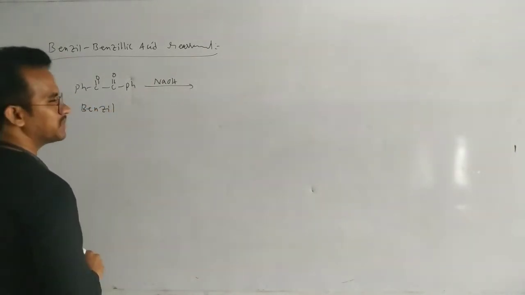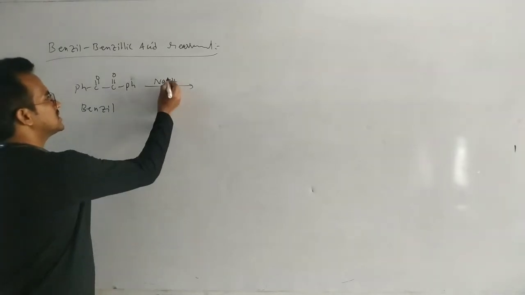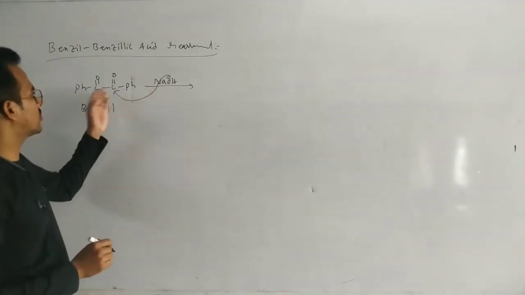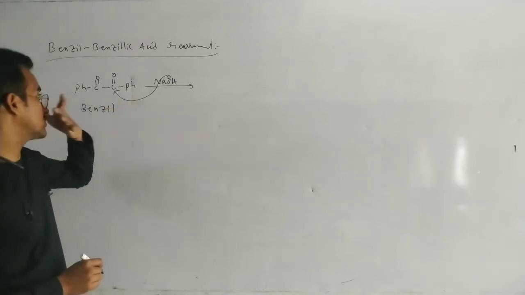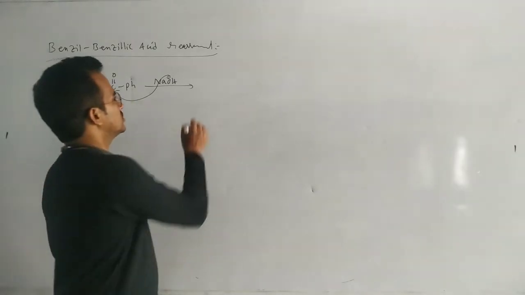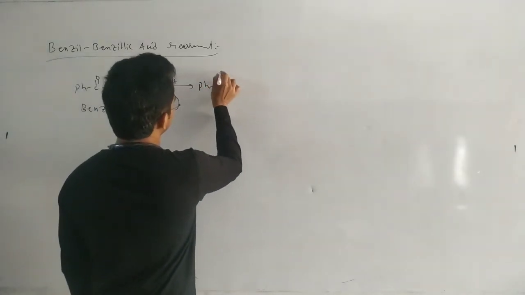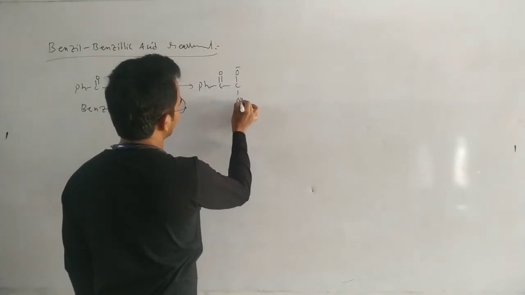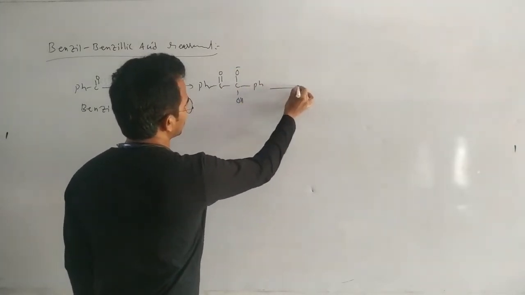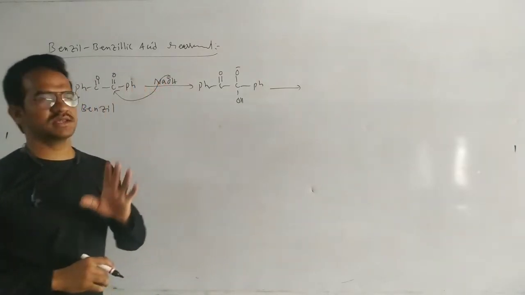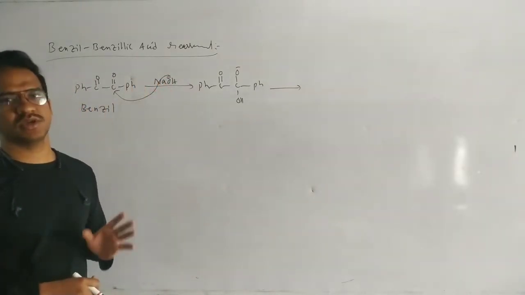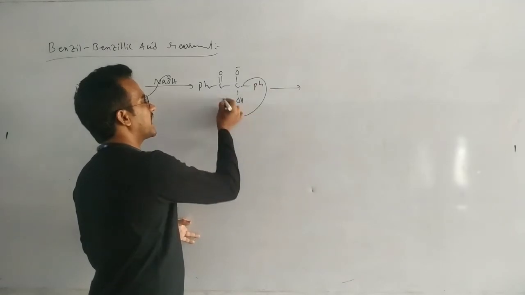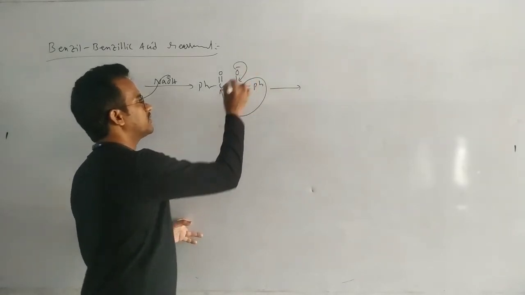This is a diketone. In the presence of NaOH, this OH minus attacks on the carbon. Here there is no alpha proton, of course, so it attacks on the carbonyl carbon. So here Ph, C double bond O minus, and OH and Ph. Now in this case, a very interesting step takes place. It is very similar to the Cannizzaro reaction. That is transfer of one group, phenyl, to this one and reformation of the pi bond.